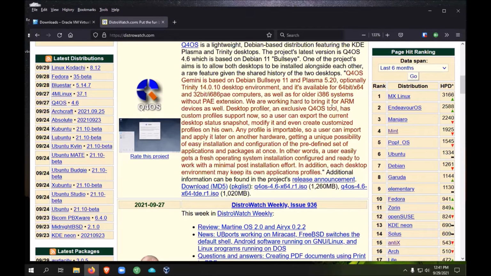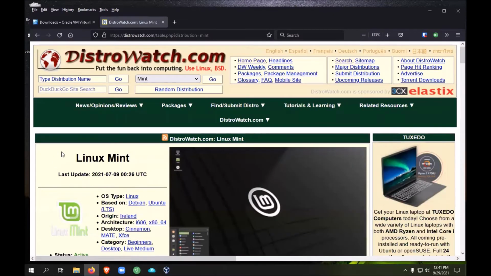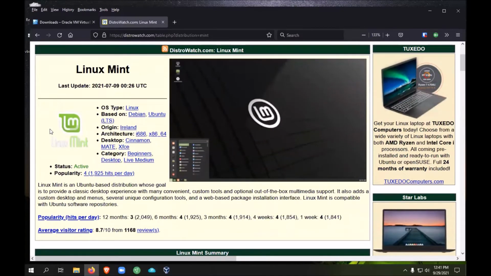Let's check it out. All right, so Mint, the one I want, I'm going to select Mint. The Mint website has all the different versions, or the desktops, for Mint. Ubuntu, which should probably be towards the top of the list, has each desktop with its own website. If you added all of the Ubuntus together, it would be right up at the top. So we're going to go to Mint, and this is where I can find out all sorts of stuff about Mint. It's a Linux operating system based on Debian and the long-term Ubuntu,